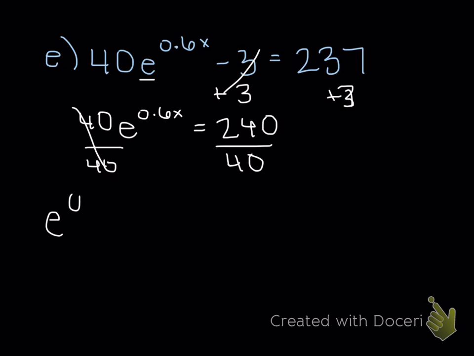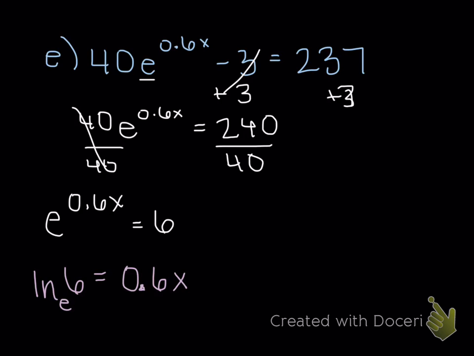So I have e to the 0.6x equals 6, sorry. And now we're going to put it in logarithmic form. Now, because the base is e and not a number, we want to use natural log. So I'm going to say that this is the natural log, base e, of 6 equals 0.6x. And again, on our calculators, the natural log is in base e, so I don't need to change the base here. I can just simply type natural log of 6, and then I'm going to divide that